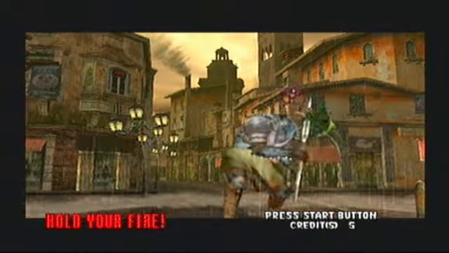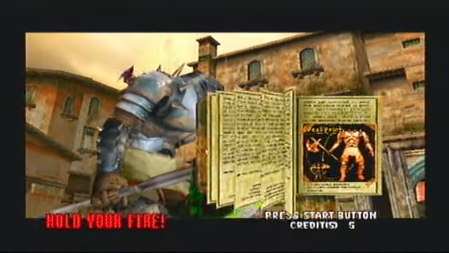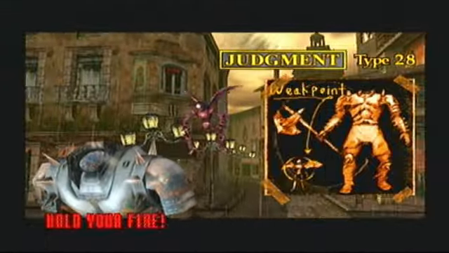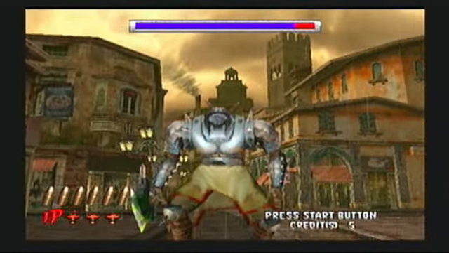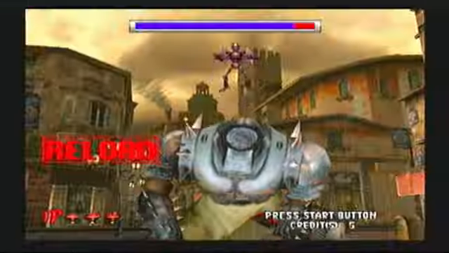Here comes the first boss, quite a tricky one, but before every boss it tells you how to defeat it in the little manual here. So here, just aim for the little guy. Ignore the big boy, just go for the little purple dude. He can be quite tricky because he moves around pretty quick. Just if you're unsure, either just wait for him,